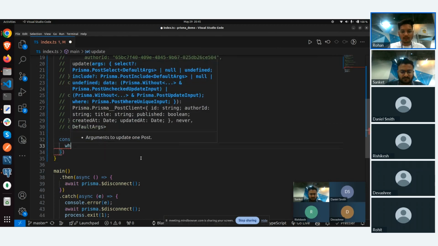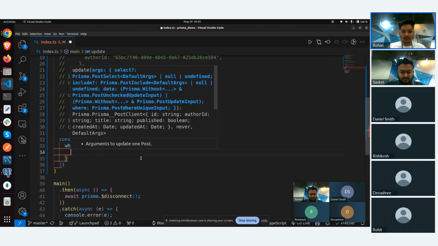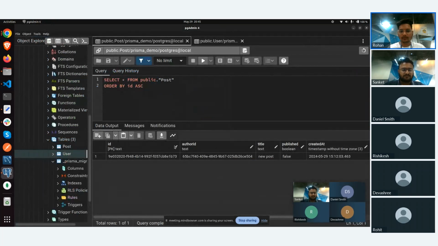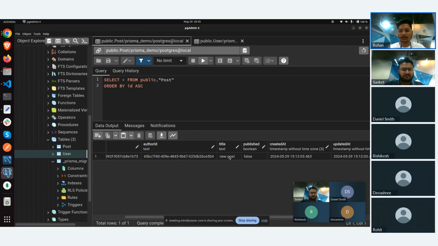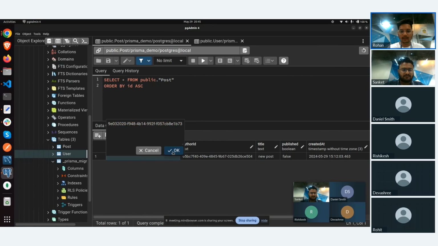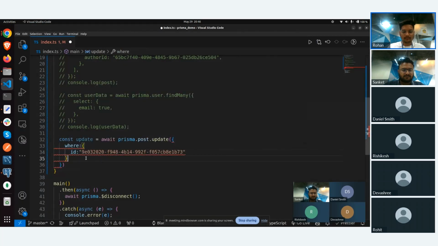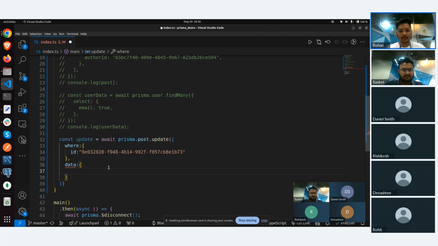What I'm trying to do is update a title. I have one record inside my post table, and I want to update its title. Currently the title is new post. I will quickly copy this ID. You need to provide a data field, which says which field you're targeting to update. I'm targeting the title, and my new title is